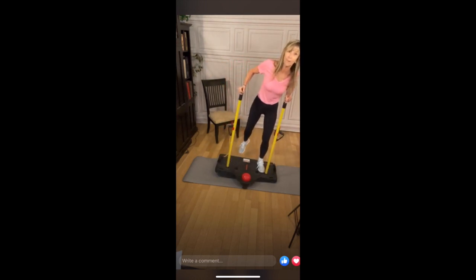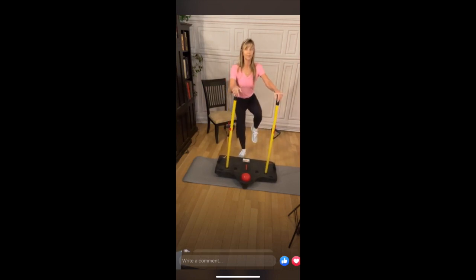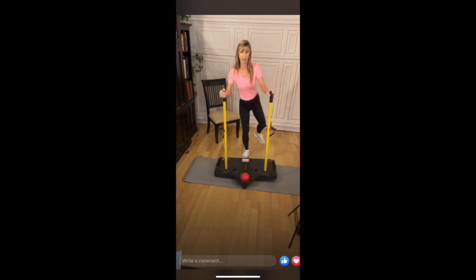Flexibility. Okay, we're going to step off the board. We're going to stand tall. We'll start with the right. Dynamic hurdle. So I want you to imagine you're coming over a hurdle. So bring the knee around. And you know, if you have to hold on tight, that's good. I want you to be stable, but I want you to get that range of motion in the hip